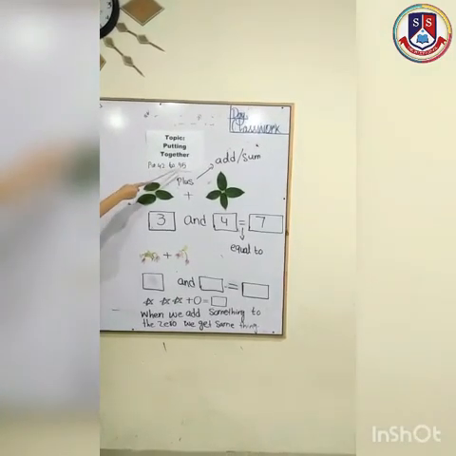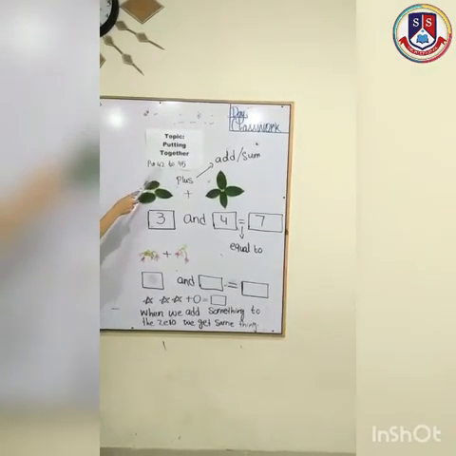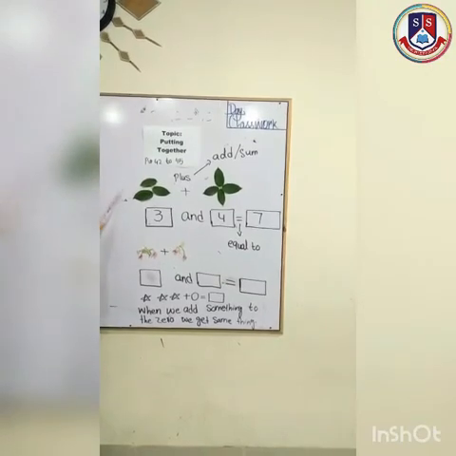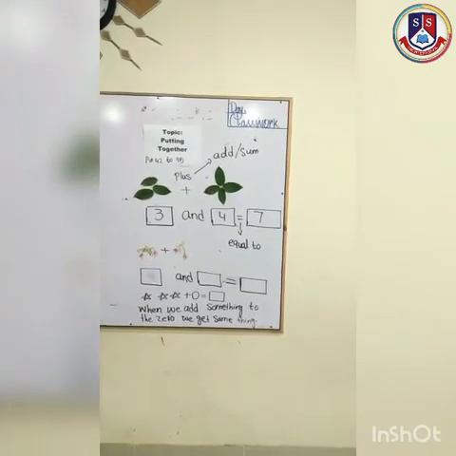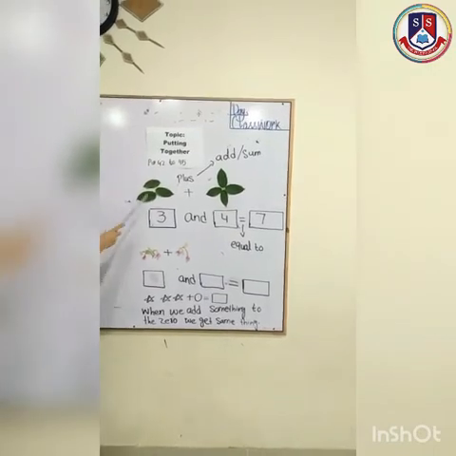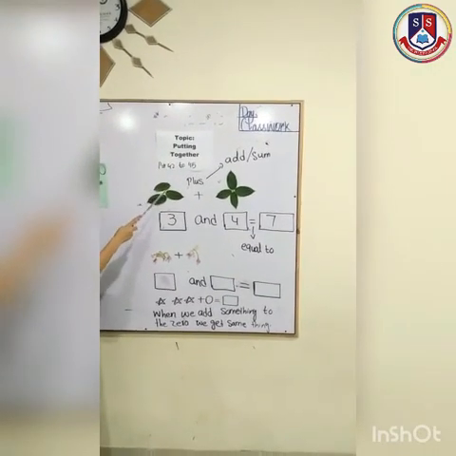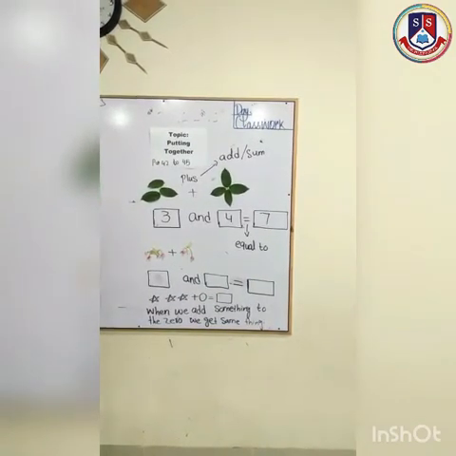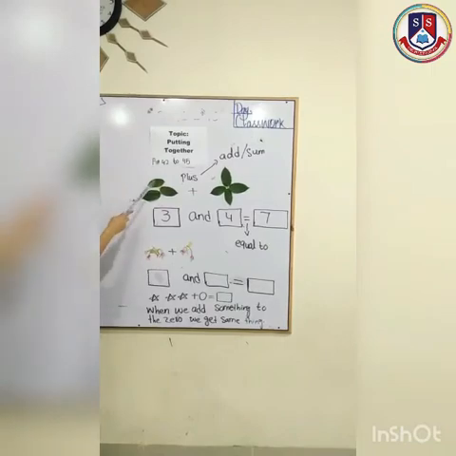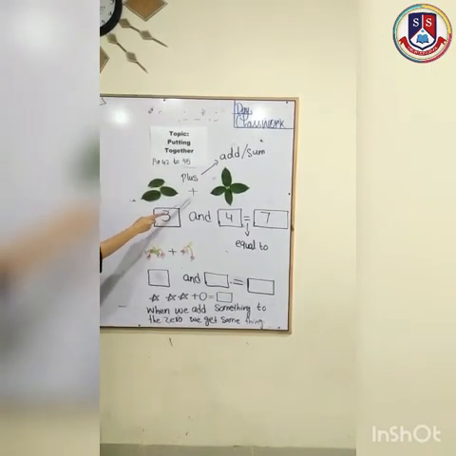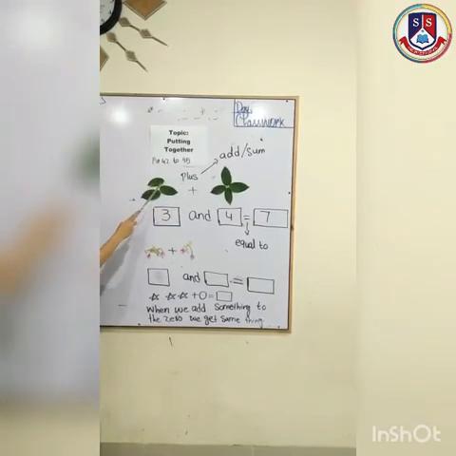Page number 42 to 45. This is your page which starts from 42 to 45, and we start from here. There are 3 questions mentioned on the board. This is your first example which has been done for you. How can it be solved? There are 3 leaves. 1, 2, 3 plus 1, 2, 3.